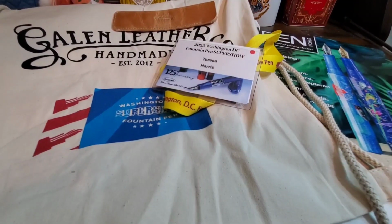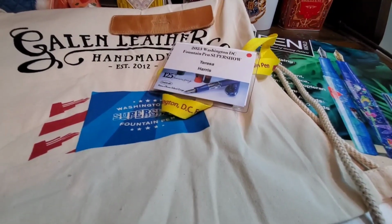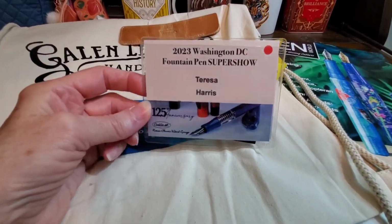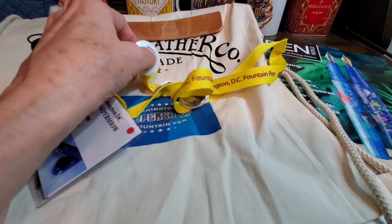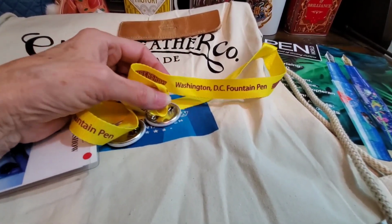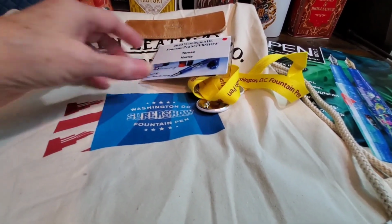So we arrived on Thursday because we had traders passes, and we went straight on in to the registration desk and picked up our passes, which came with this nice lanyard. And along with that packet,